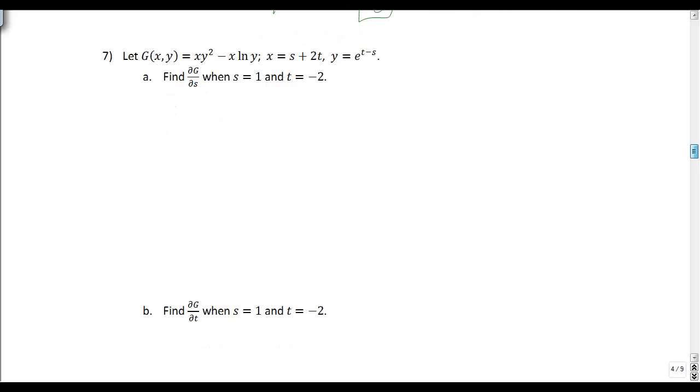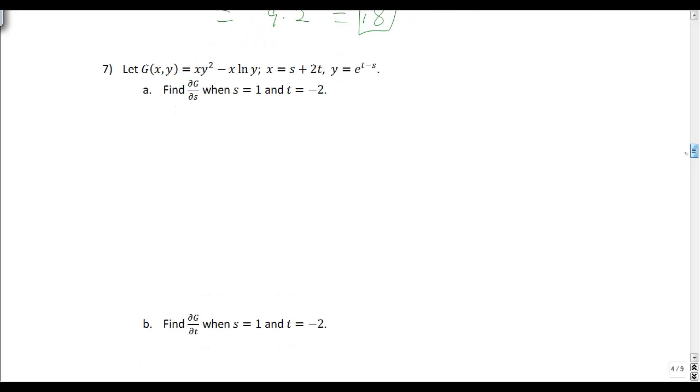More partial derivatives. Now we have a function of, so g is a function of x and y. It's this thing here, xy squared minus x natural log x. But then x is a function of both s and t. So our intermediate values, instead of just having a t, there's an s and t. Now, what that means here is I can't take a derivative of g straight up. I have to do a partial derivative of g with respect to s or with respect to t. So when we do this with respect to s,